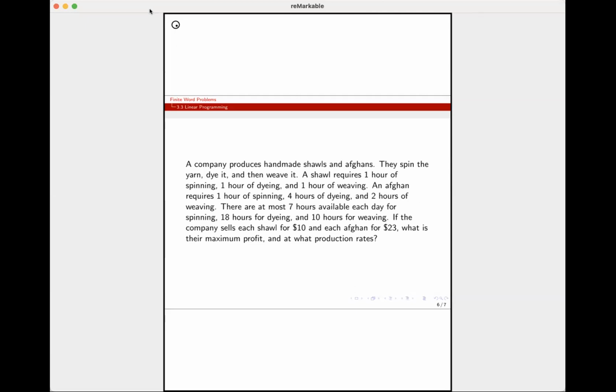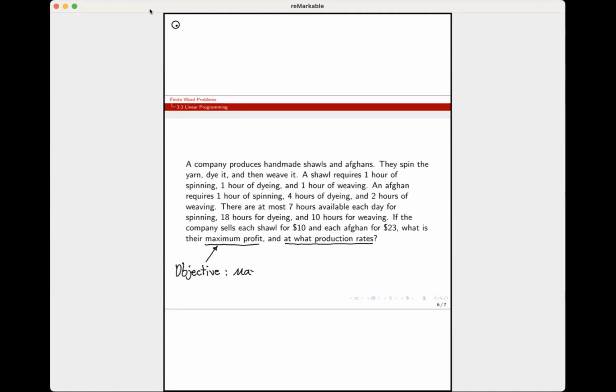And then here's the actual question. If the company sells each shawl for $10 and each afghan for $23, what is their maximum profit, and at what production rates. Okay, so like we've done before, the first thing we need to do is to identify the variables, the objective function, and then the constraints. So I can already see the objective function from the question. It asks, how many shawls and afghans do we need to maximize profit? So our objective in this question